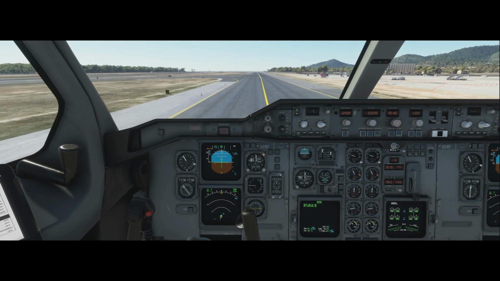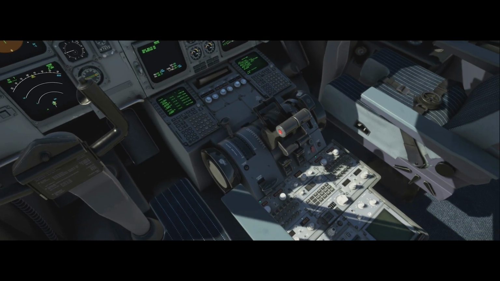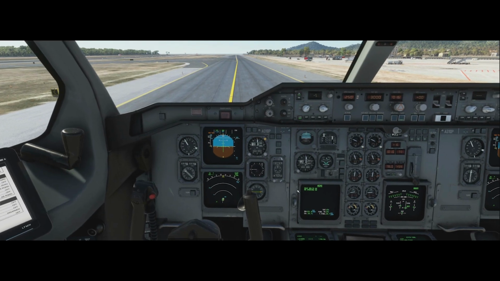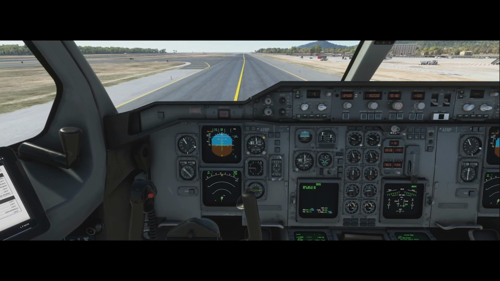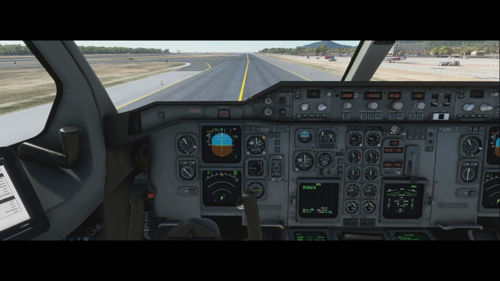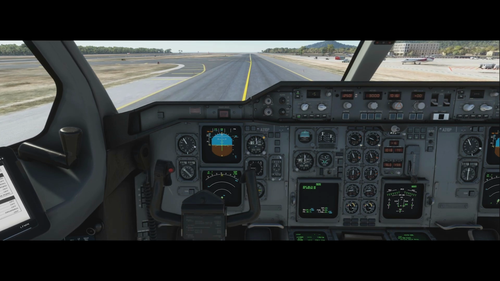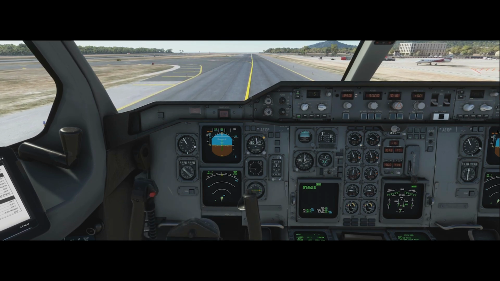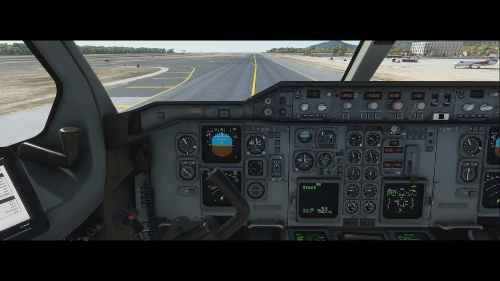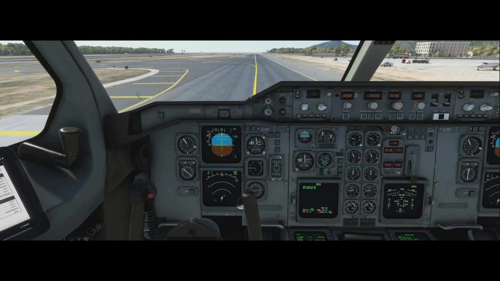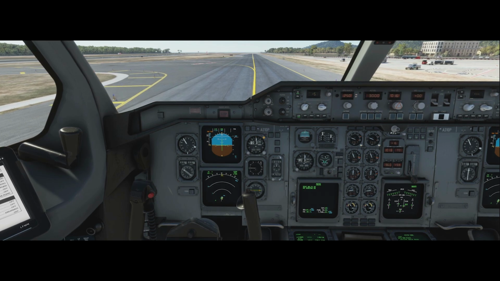So now what we need to do is the flight control check. So we need to actually manually select the flight control page. So this comes up here. And now we can do the flight control check. So we announce flight control check, and I say full up, full down, neutral, full right, full left, neutral. And now I would do rudder check, but my rudders are attached to the nose wheel steering,